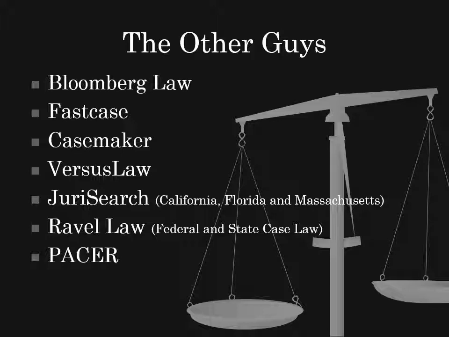You can go to the state bar website and access Fastcase, and a lot of attorneys in Georgia don't even know that. It's free, and you can do legal research for free. The only issue is it does not have a Shepard's-like tool. It's got something similar, but it does not provide the quality that Shepard's and KeyCite have, so you still have to get that from somewhere else. VersusLaw, Jury Search, or other paid